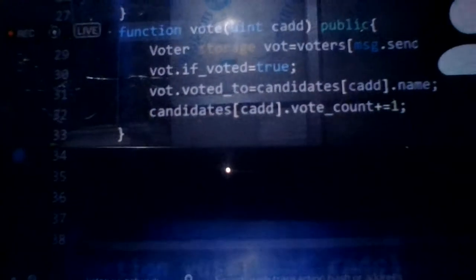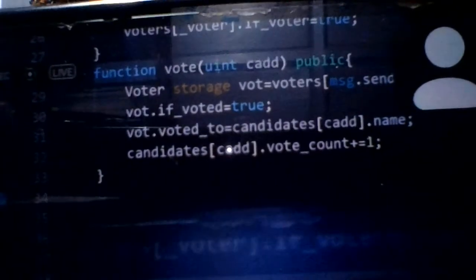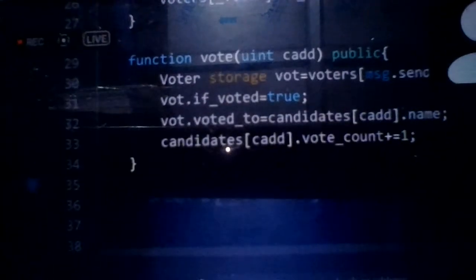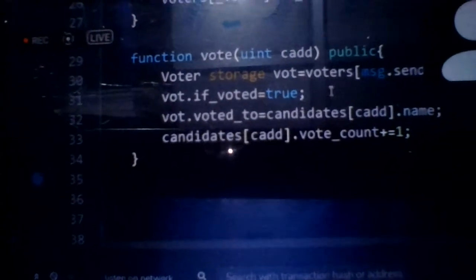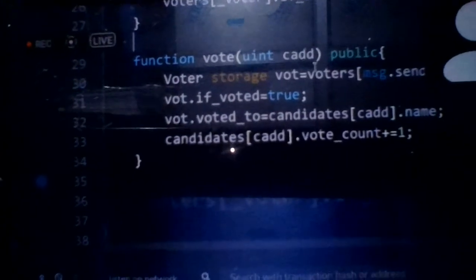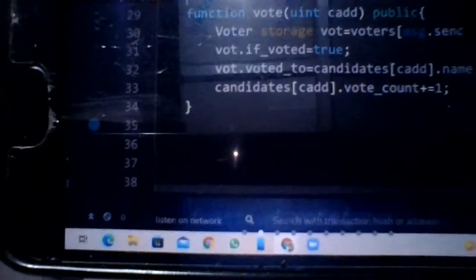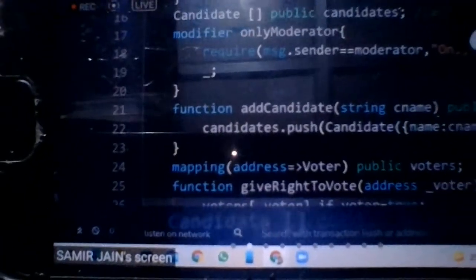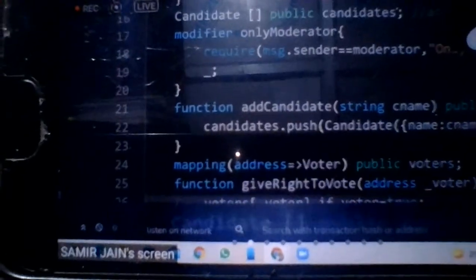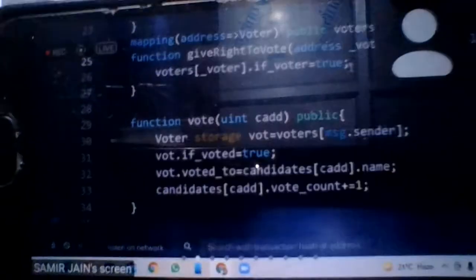Now what is the next part? Now this function can only be called by the voters who have been allowed to vote. Suppose the moderator has not given any right, and suppose these 3 accounts have been given the right to vote, and now suppose this person is voting, so he should not be allowed to vote.